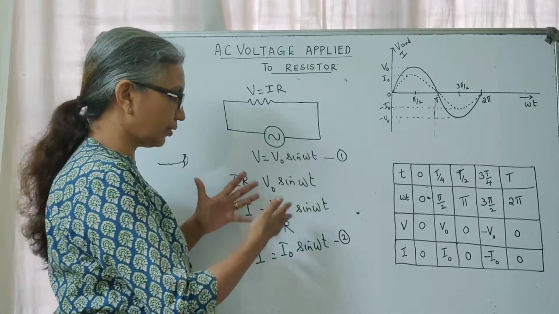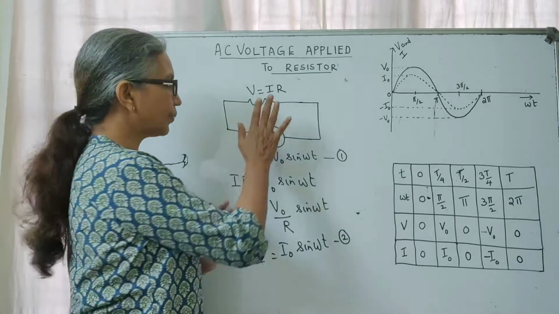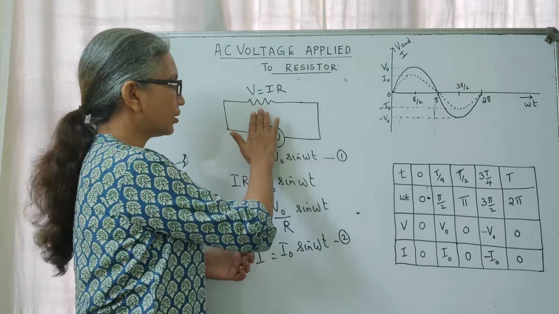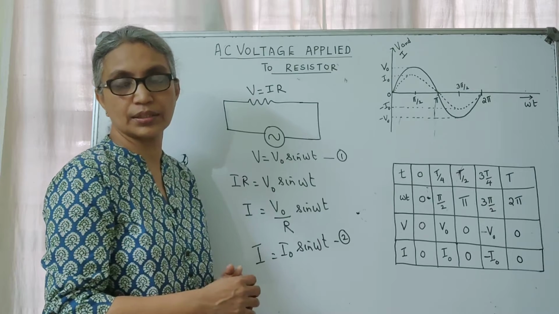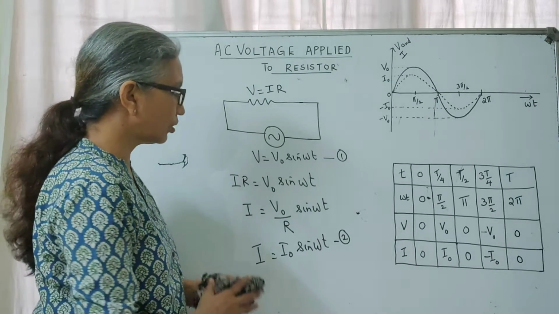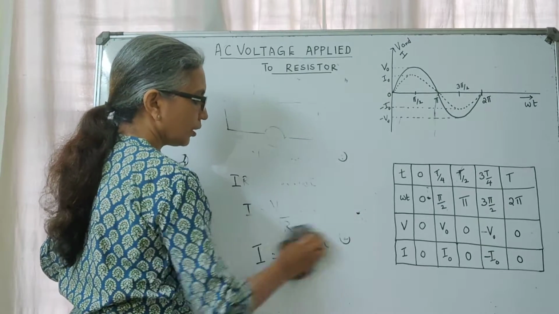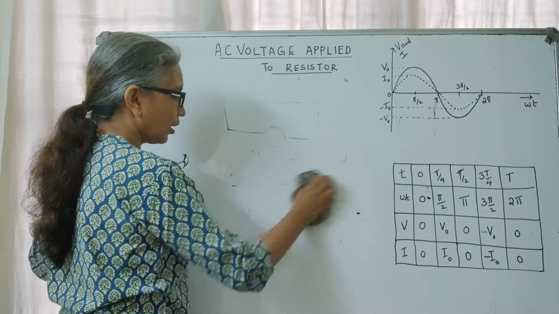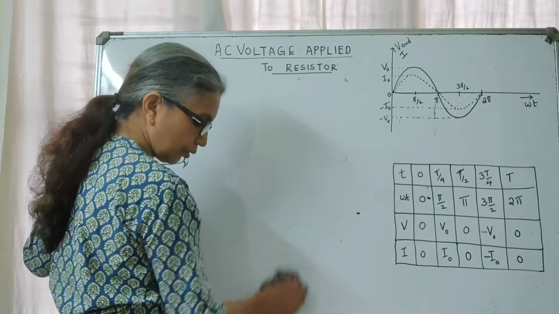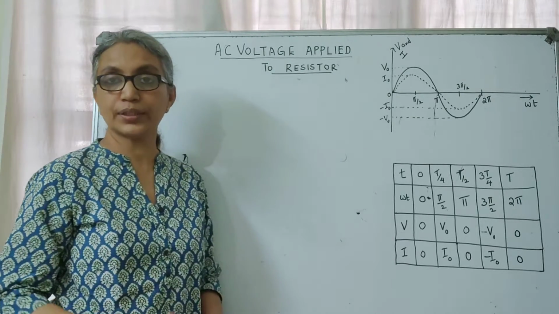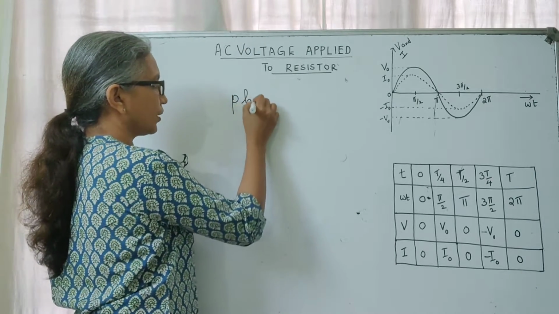So from this discussion, we know that if you apply an AC voltage to a simple circuit having a resistor, the current and the voltage in the circuit are in phase, the peak value of voltage being greater than the peak value of current. Now, this can be represented using what you call a phasor. Let me first tell you what a phasor is. As we know, the current and the voltage in the circuit are in phase. So this relationship between the current and voltage in any AC circuit can be represented with a phasor.